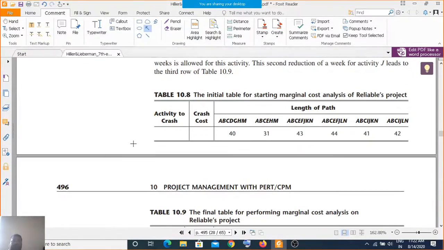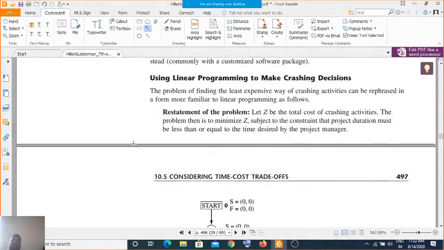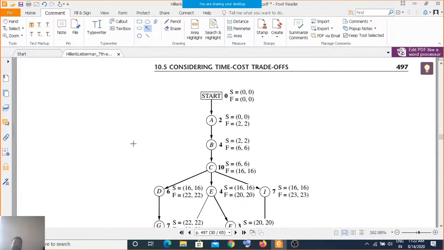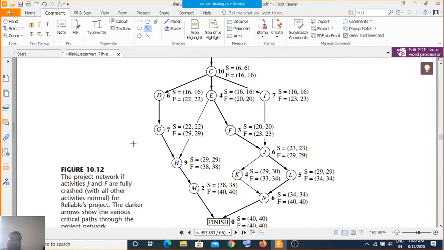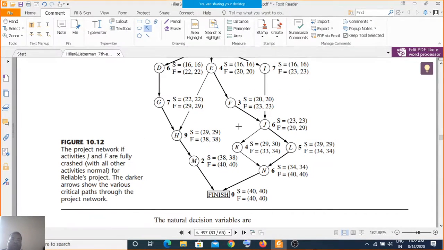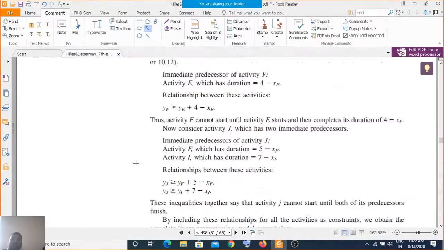So here the cost concepts are given. Now we are not going to see what linear programming is, as that is a part of machine learning in project management. Here is the CPM, the project network, also called the critical path methodology or critical path network, or it can also be considered a PERT, because this is just the symbol. Here you can add this information into a square box, and this becomes the PERT network.